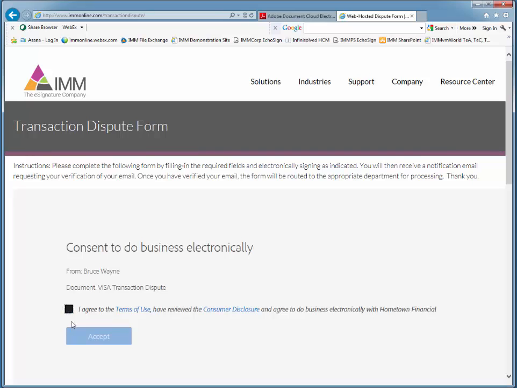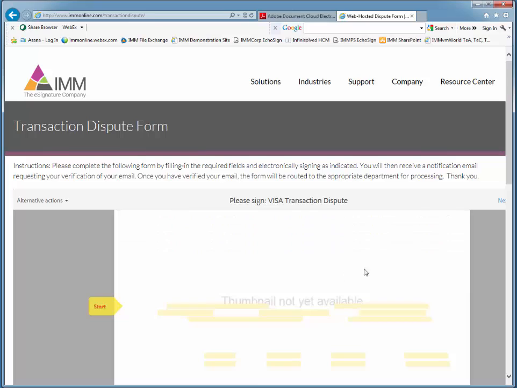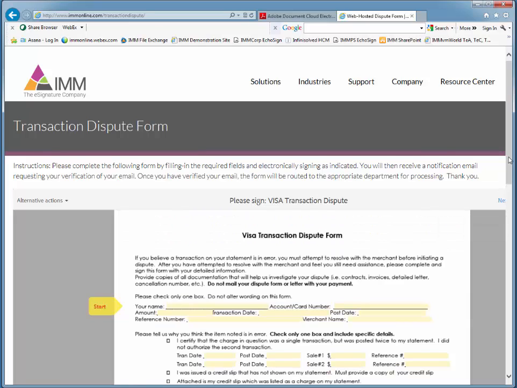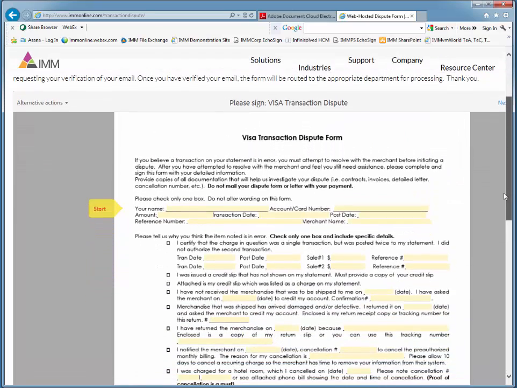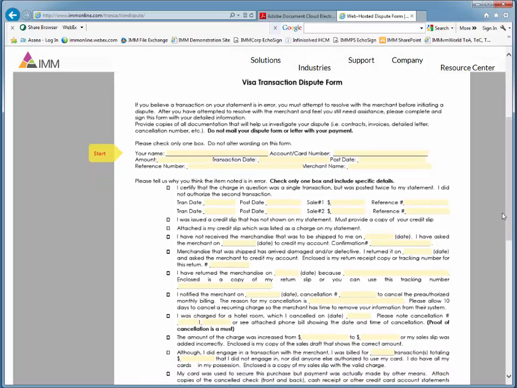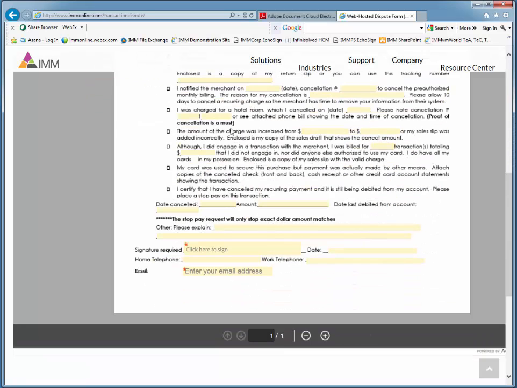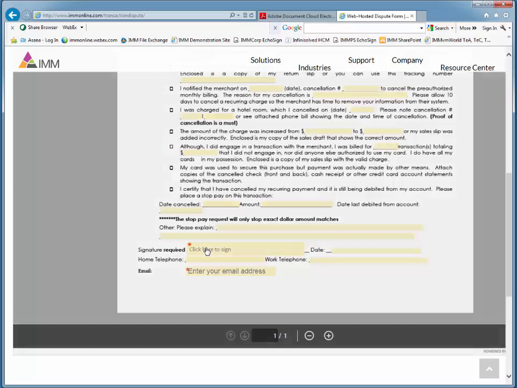So they'll have to agree to the terms of use, just like they would normally. And then here is our transaction dispute form. So the idea behind this widget or web-hosted document is that the member will be able to fill it out. They can type their information in here, and then also scroll down. Once they fill the form out, they'll be able to sign it. And they'll be able to click here to sign,